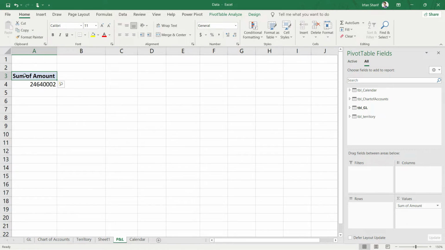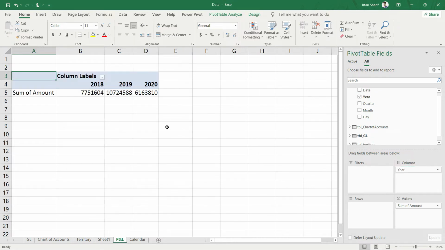Okay, so now after the amount, we want to split this amount into 3 years. One figure that is compiling together all the 3 years of data is not useful for us. So in the columns, I want 3 columns. One should be for 2018, and then 2019 and 2020. So I will go here in the calendar, and you can actually drag down the year from here, right? But if you will simply drag down the year, now you will not have the hierarchy choice.